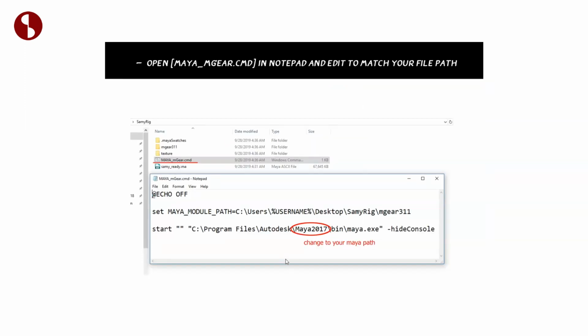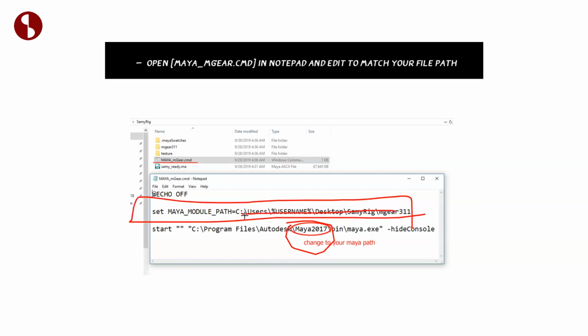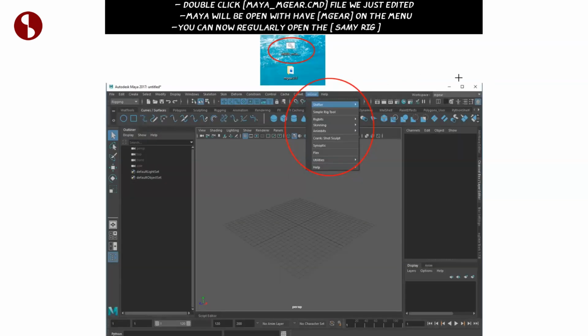rig working in Maya. That being said, you don't have to drop this on the desktop, but you do have to fix a couple things. They do mention this, but I also changed this path to my path. You got to change both, copy paste the path for this. And then this is of course important that you double click on the Maya mgear CMD file to open it. You can't just open Maya, but you open it through this command here, double clicking on that, and then everything